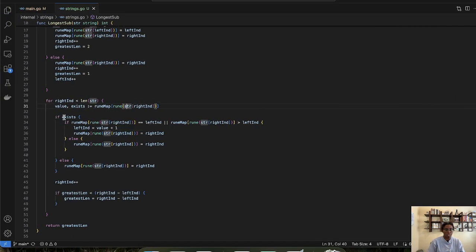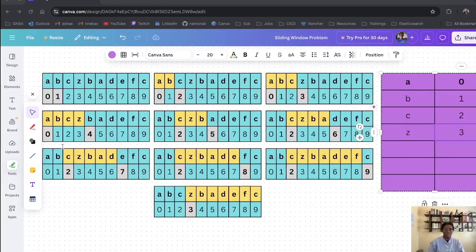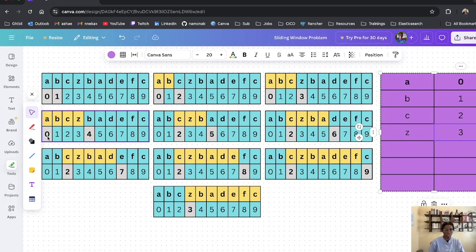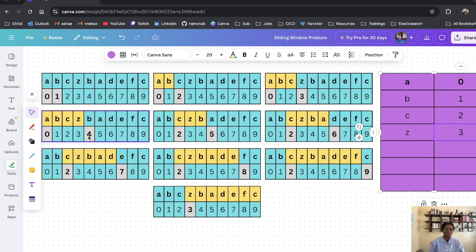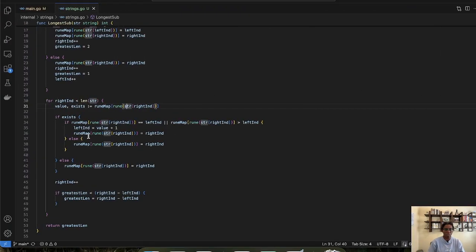So since it does exist, we'll enter inside this part of the if statement. And what we're going to do is check this left index, which we're currently at, which is 0. So we're checking to see if 0 equals, and let's break this down. We have the right index, so we're at the right index here, 4, and we're trying to check and see,